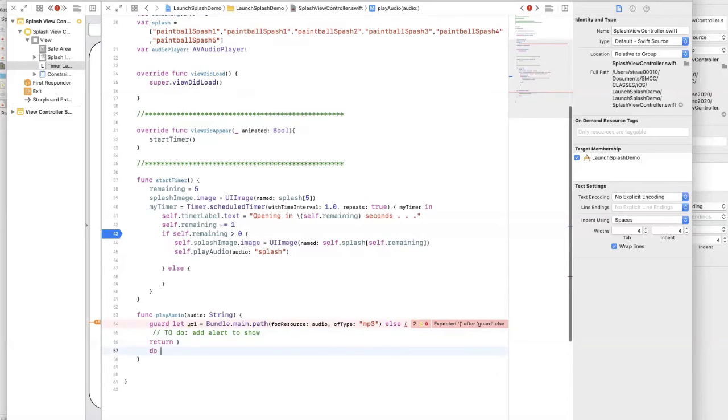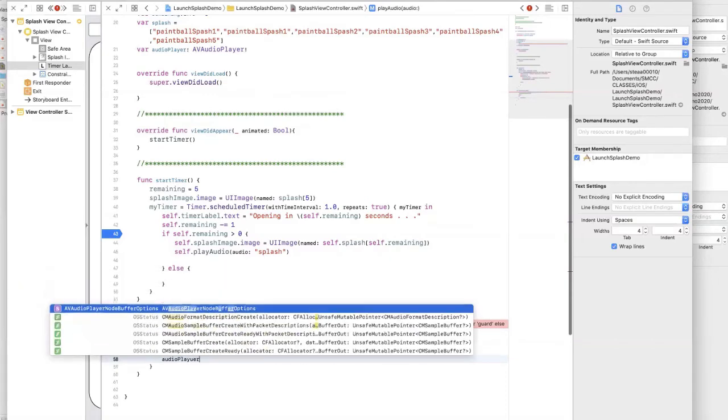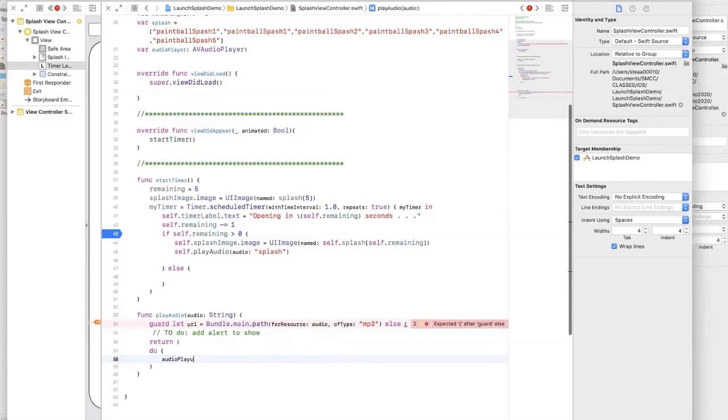We're going to do a do loop. And in our do loop, we're going to take audio player that we created above. So you had those parentheses for the else. Were you going to take the else out? Actually, no, that shouldn't be. Those should be curly brackets. Sorry. Yeah, those should be curly brackets. So it will only do this if it can't find the file in that path. Okay. So audio player equals, and we're going to try